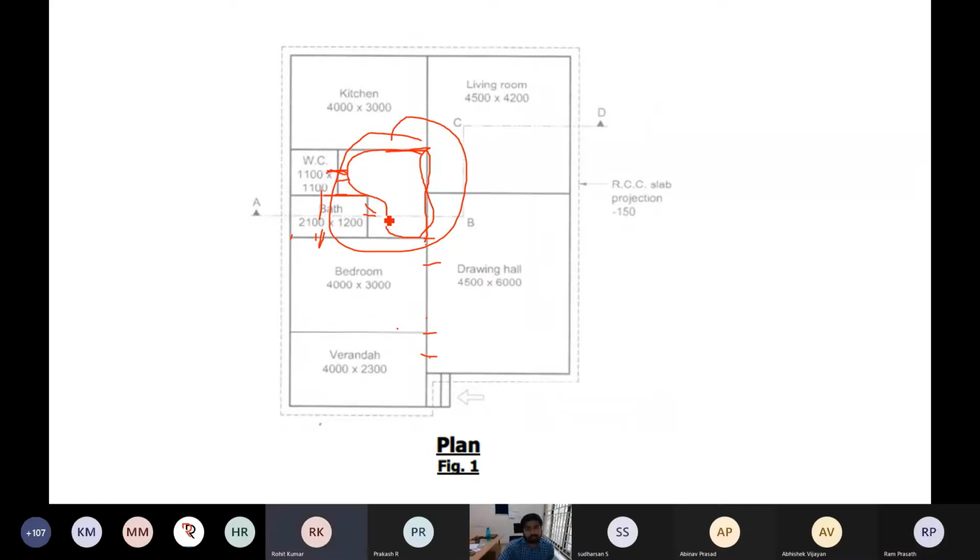Okay. 1, 2, 3. There the difference is, I will tell you, in that wall the thickness is only 100 mm. Their footing may be different actually. Their foundation dimensions may be different from the normal wall. Are you understanding? Because the wall thickness is less, the load coming is less, that's why the footing dimension is less compared to the original wall's footing dimensions. So you have to take care of that when you draw these sections here.